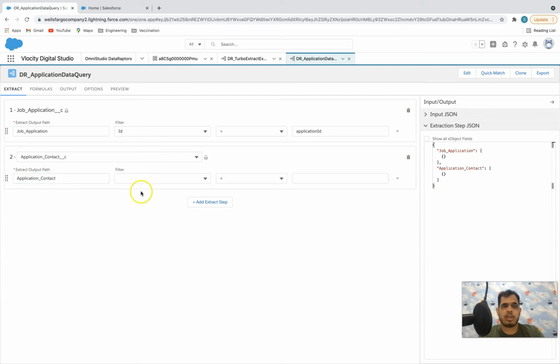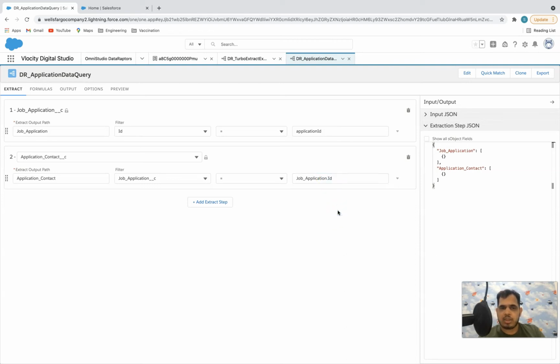Now filter, which application contact we want is where this is the job application, right? So what I will say in the filter is, give me all the application contact where job application is equal to this job application dot ID, right? So this is how we write in the Apex.